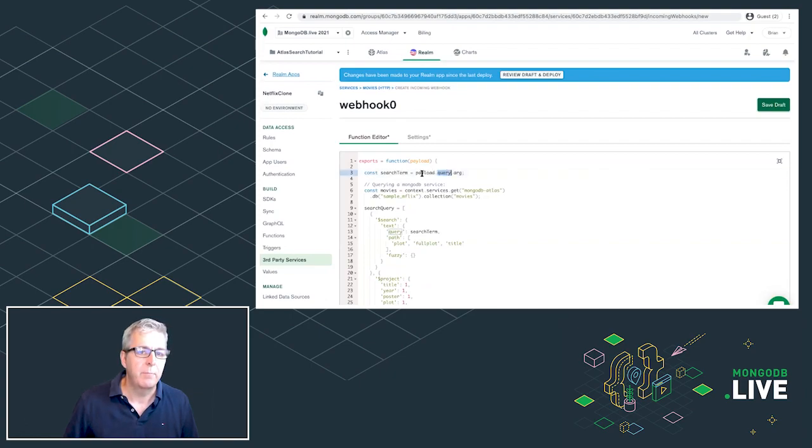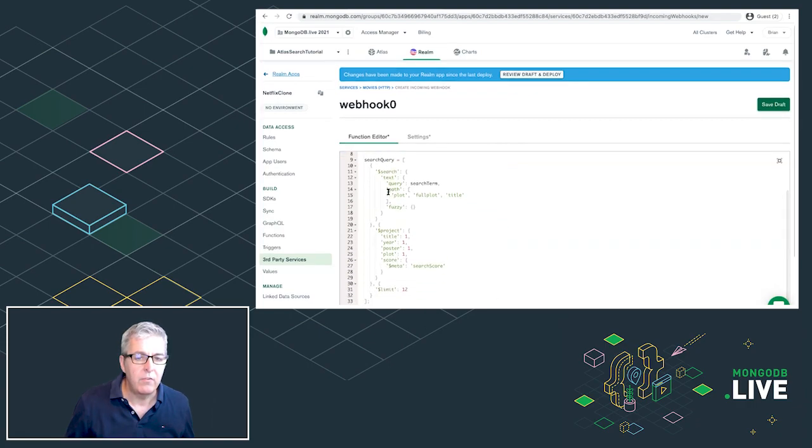It starts off by grabbing our search term. And so again, this is going to be an endpoint. It's going to have a query argument. That query argument is going to be our search term. I just want to go ahead and grab whatever term that is, whatever Karen's app is looking for. And then we're going to get a handle to the movies collection, the same one that we were working with a moment ago. And then finally, here's our search query.